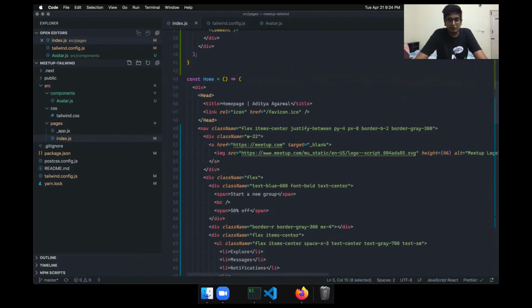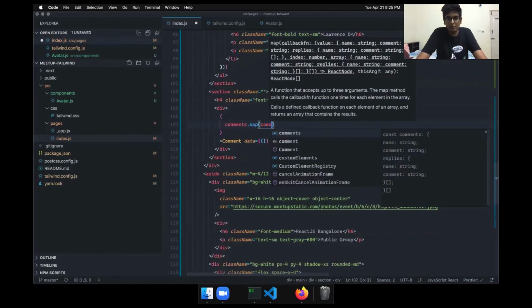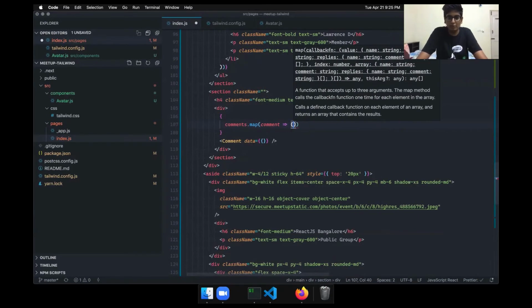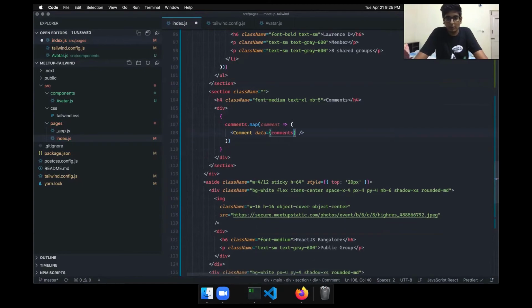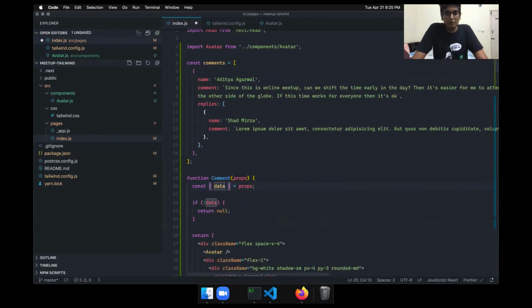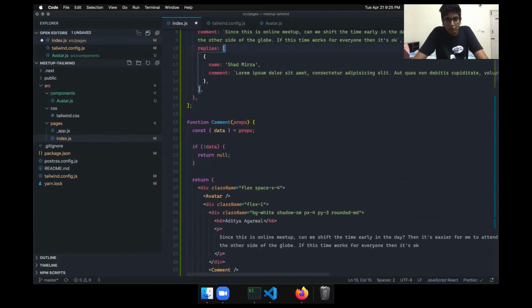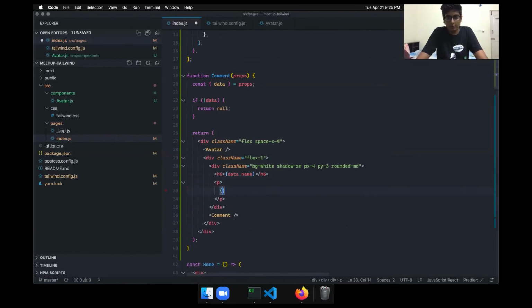Now what I can say is that here we iterate through the comments, and I can say data equals comment. And now in the comment component, when I get data, I know there's a name, so I put data.name here. And here we put data.comment, right?